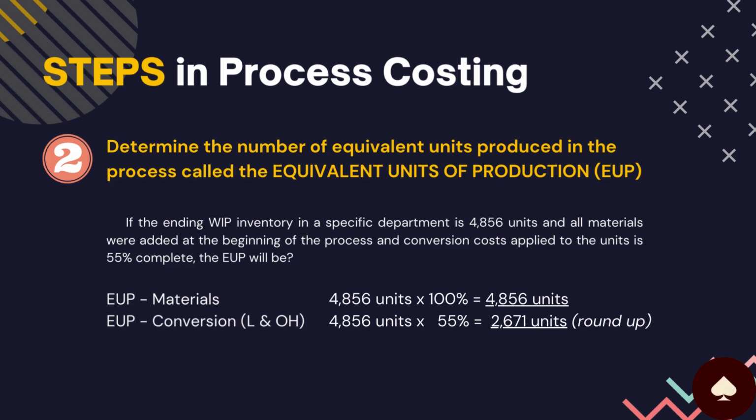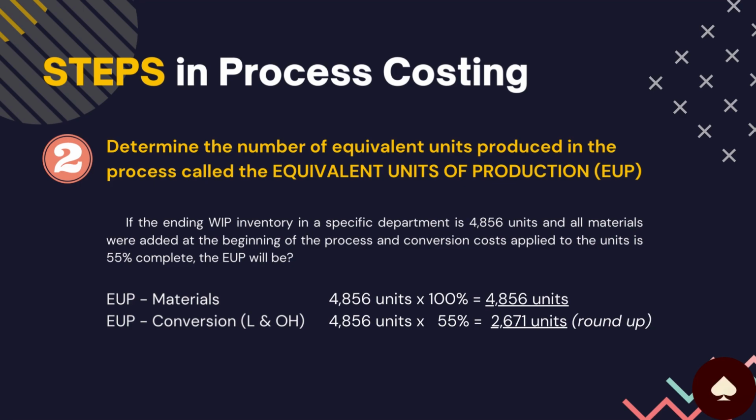Take note that the product is not a whole number, and thus we need to round it up for the reason that units are always and must be represented in whole numbers and can never be represented with decimal numbers. Hence, the EUP for conversion cost is 2,671 units. The whole units manufactured by the company that are not yet completed is actually